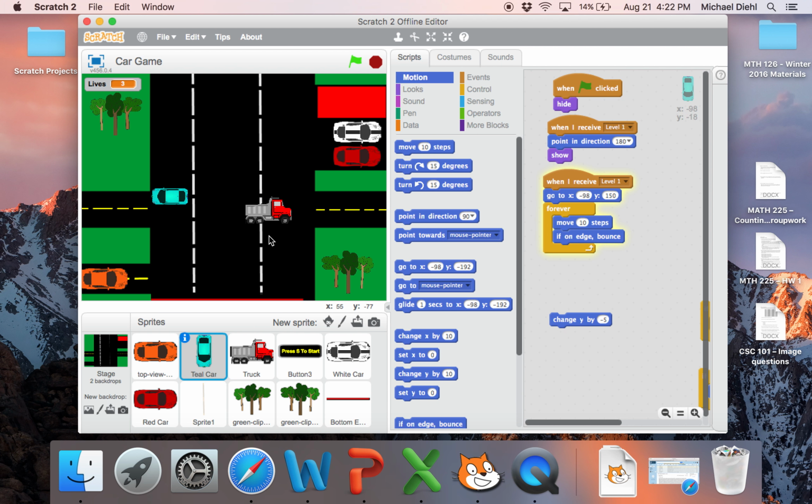It's moving in the right direction and it's bouncing, and that looks great. But of course, most cars don't drive that way. The car should be facing up and down, which it was until I made it rotate down. So the way to fix that is actually to click on